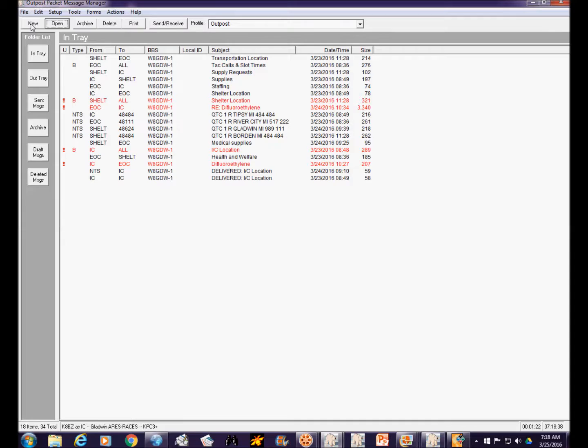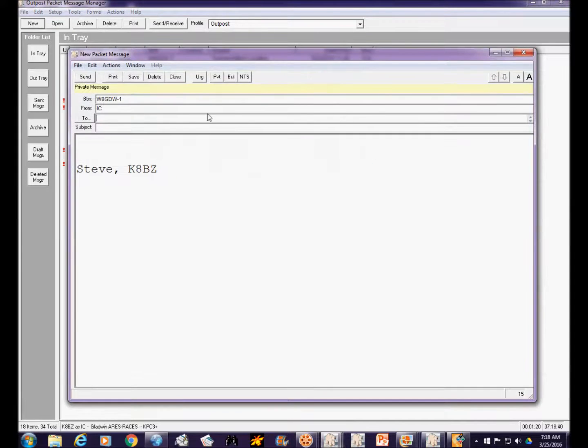If we want to create a new message to send, we'll click the New button. It automatically fills in the bulletin board and the tactical call sign of who it's from, and let's say we want to send this to the EOC. And the subject, let's say we are asking for command staff. And I'm going to delete my signature, and we'll just advise the EOC that